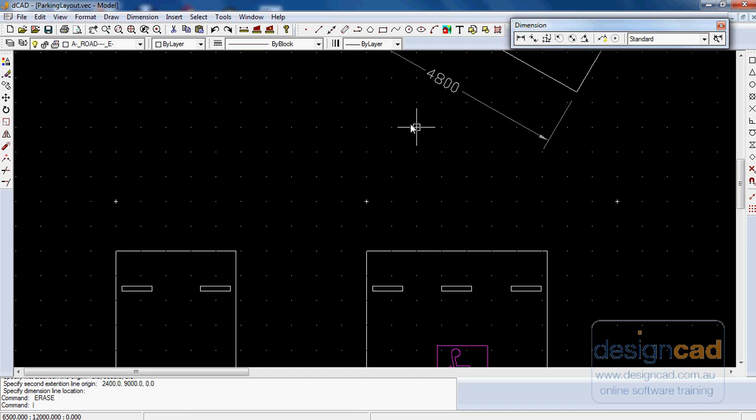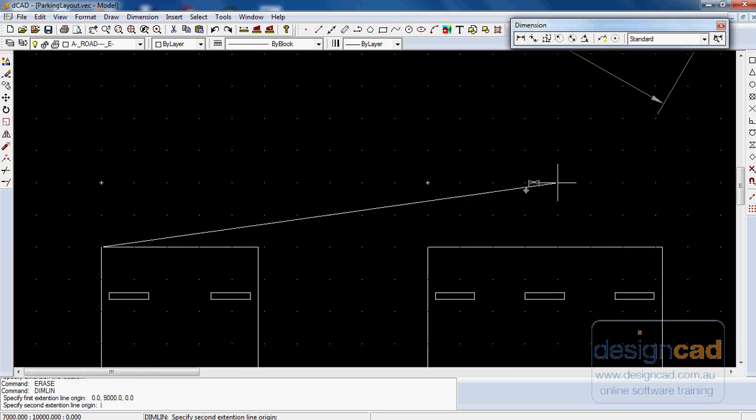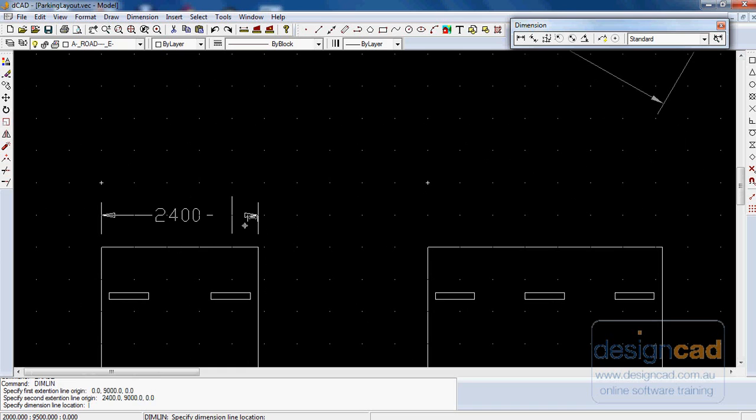So I'll select my linear dimension tool, I'll go across and grab the end point icon, I'll go from there to this end point here. Now notice that my cursor won't jump to that end point, but I can override that snap by clicking there. Now as I come up, can you see I can place my dimension very neatly at a consistent distance away